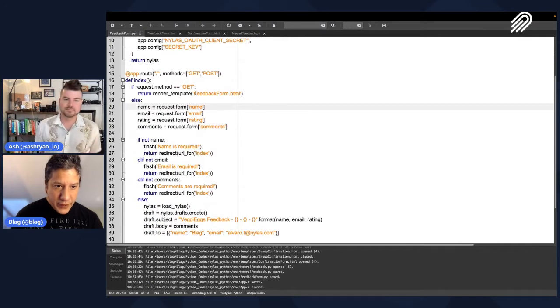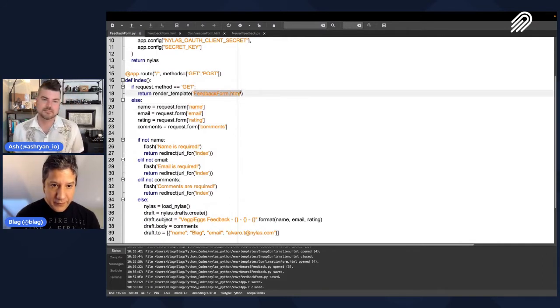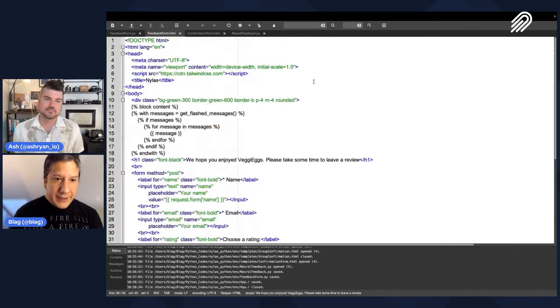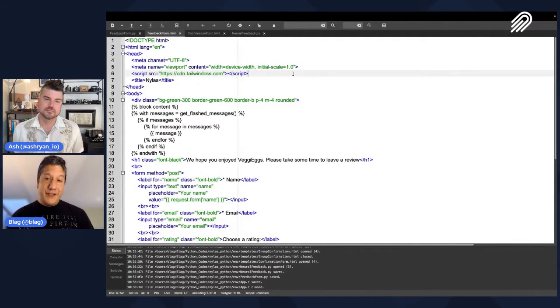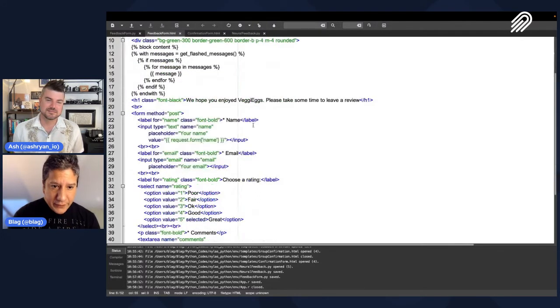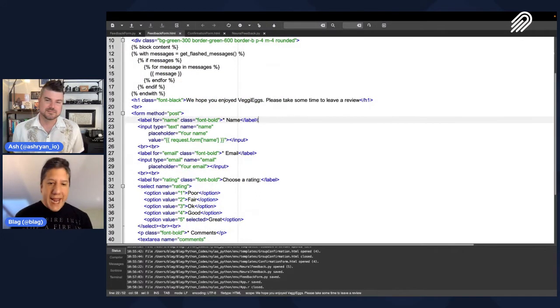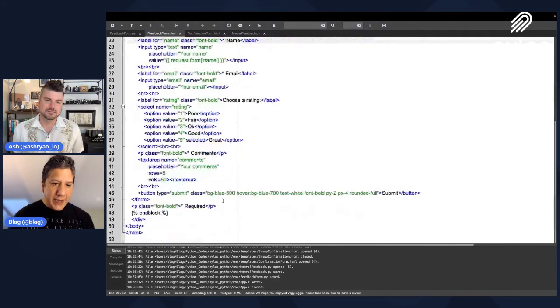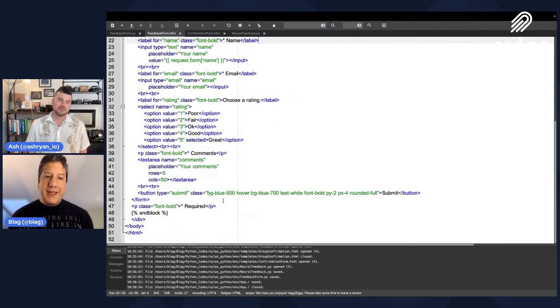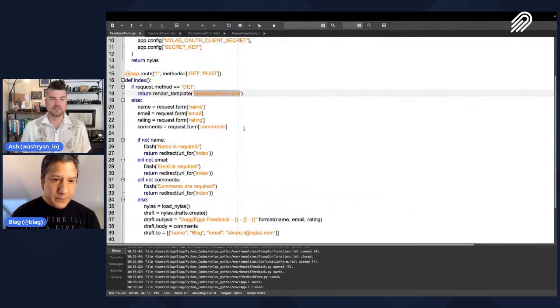So here, we're going to load a feedback form, and that's going to use Tailwind CSS just to make it look a little bit better. Here, we want to collect the name, the email, choose a rating, put the comments, and then send it back to Flask. So just like a regular form. Yeah, it's just a web page, right?